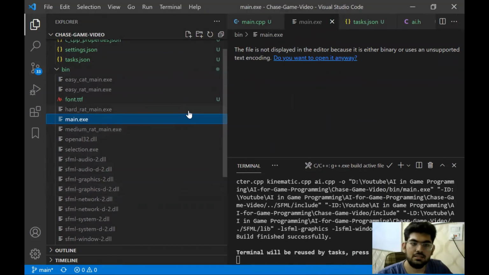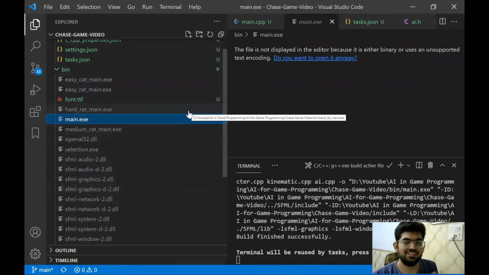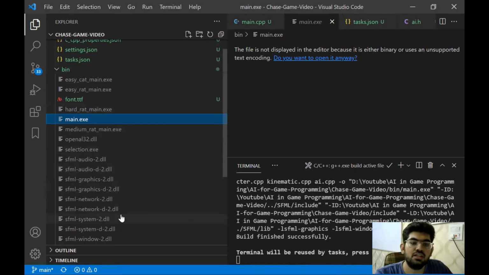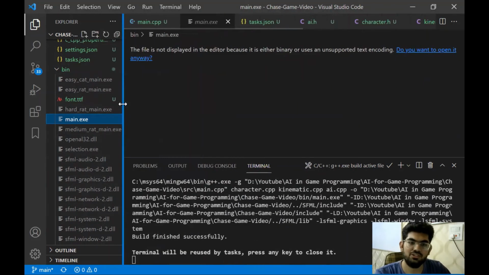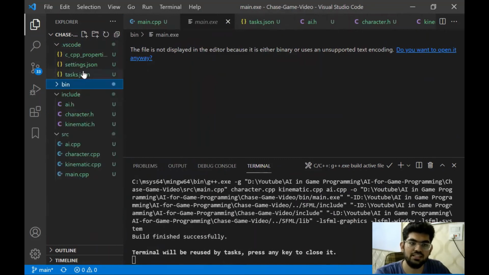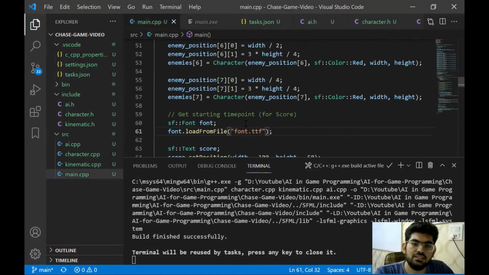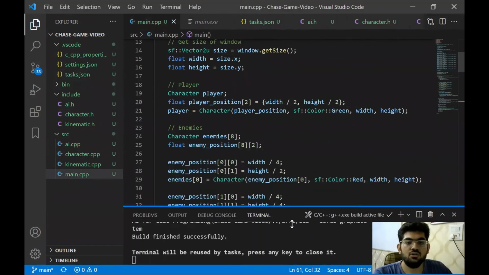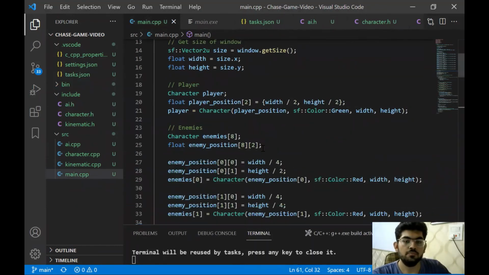But there are some ways in which we can do dynamic compiling as well. If I'm getting the two mixed, I'm sorry for that. But we can get to compiling in which we don't require all the other DLL files. But that's something beyond the scope of this video. We are just coding the complete files. Right now, this is the basic structure of how the file is going to look.